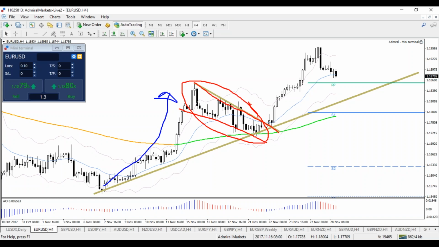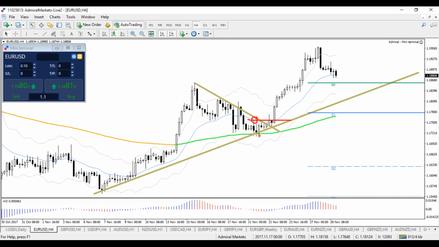Fractals is not something we talk about regularly. It's something that is more specific, but I like to use myself. And sometimes I even use it for entries when price breaks, for instance, above a resistance fractal like this. That, in this case, is the entry I used for the euro dollar. Entry above this fractal for the long setup, right? So I like these particular patterns: trend lines, fractals, and candlestick patterns. So we'll be using these tools. Just a quick intro. Now, with regard to the euro dollar, I think